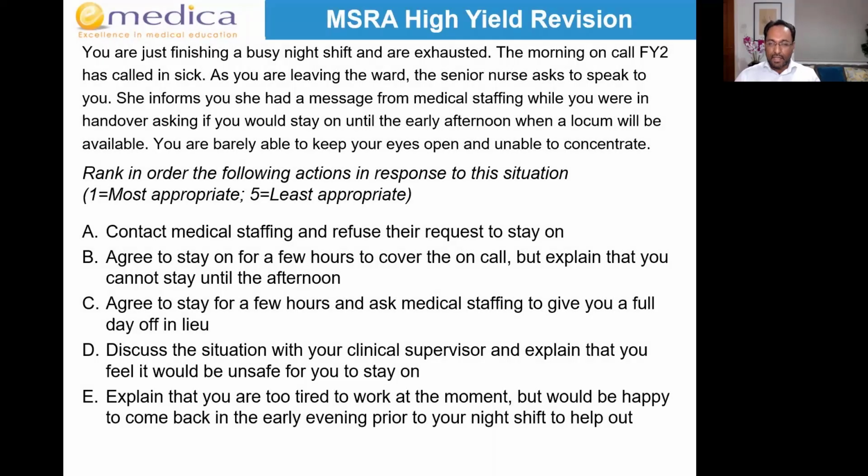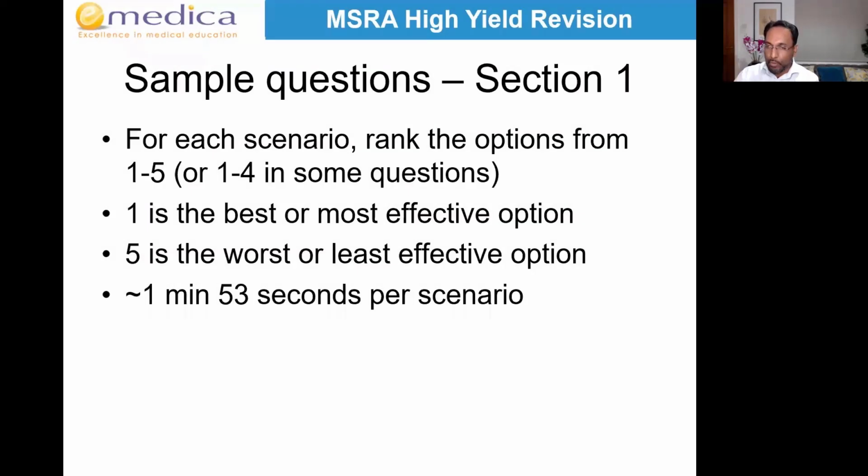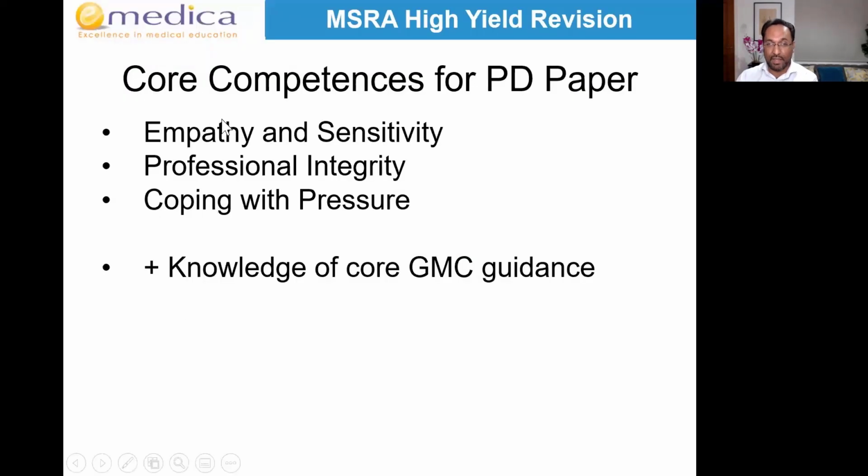Section 1, ranking, the key word in your mind should be "or". When they're asking you to rank, each of these is completely separate, a discrete action. You have to imagine, if you could only do one of them, and this is all you're going to do, and you're not going to do anything else, which one is the best one, the most appropriate? Is it A or B or C or D or E, not which order of time would you do these things in? I do this. You're not doing all of them. You're only going to do one, which is the most complete response, which is the one that most appropriately maps and shows most positives for these three domains: empathy and sensitivity, professional integrity, coping with pressure.